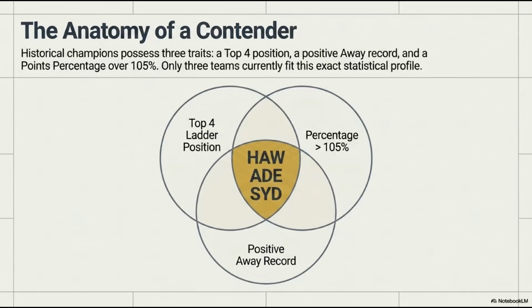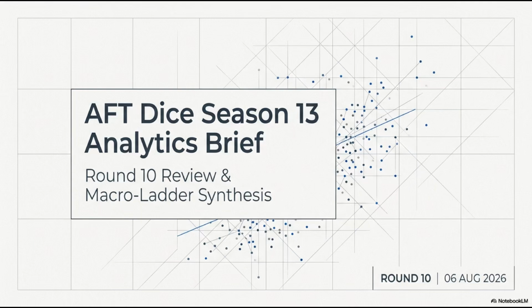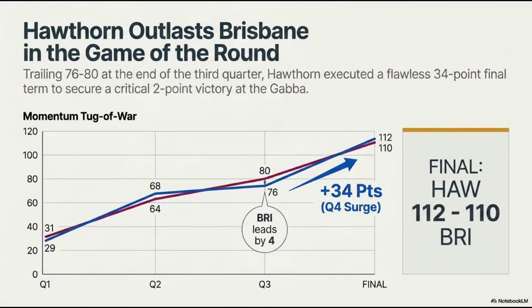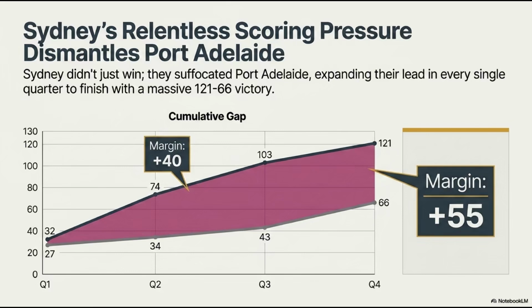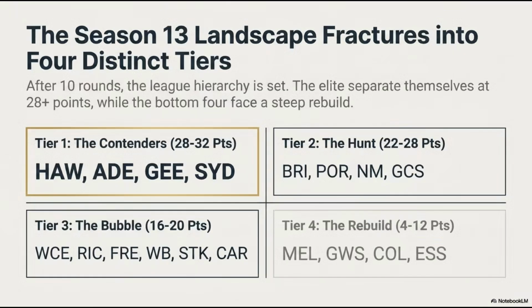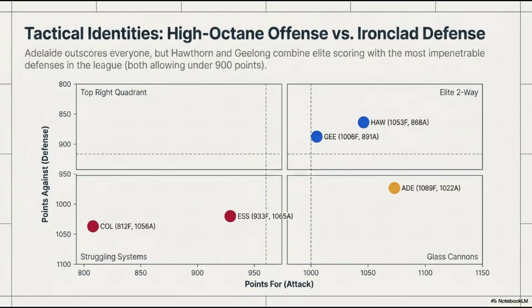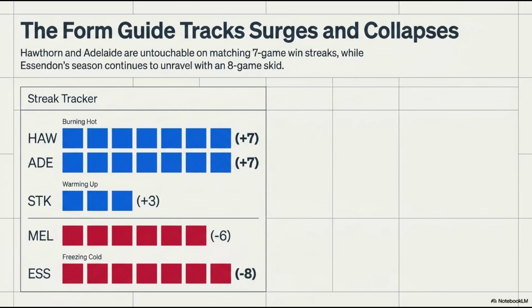If we connect this to the bigger picture, the distinction between a physical turf and a digital algorithm is precisely where the competitive edge lies in AFT Dice. Okay, explain that. Marvel Stadium isn't just a place with seats. In a simulation league, a venue represents a specific, bounded set of environmental modifiers that are applied to the dice rolls. Marvel Stadium is famous in the real AFL for having a closed roof. So, translated into a dice simulation, that usually means the wind variance modifier is completely removed from the algorithm. Oh, so there's no wind to mess up the ball. Exactly. Passing mechanics become highly predictable.